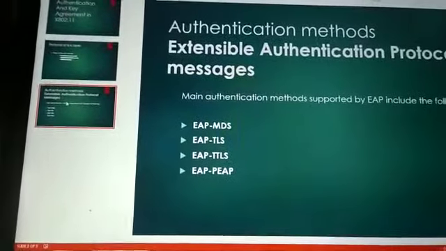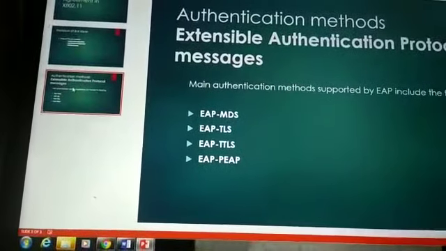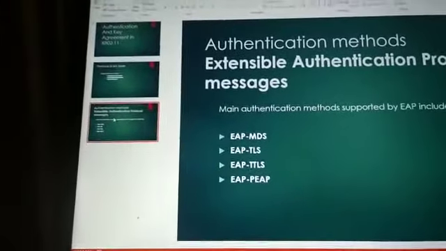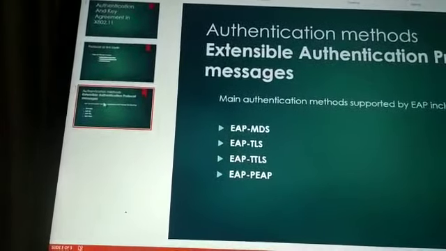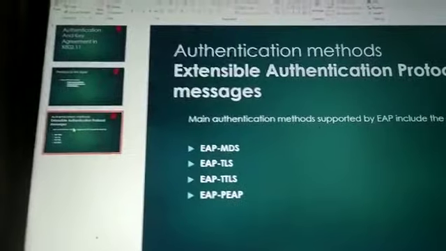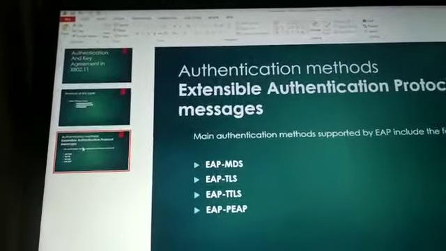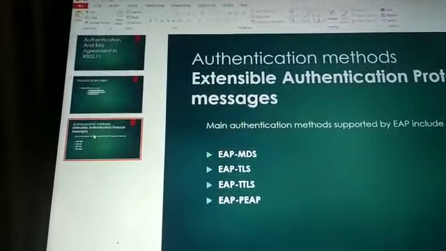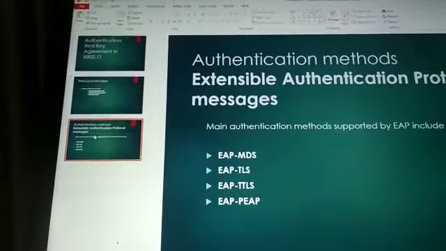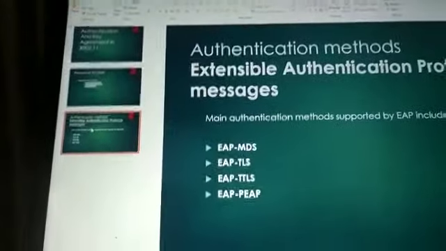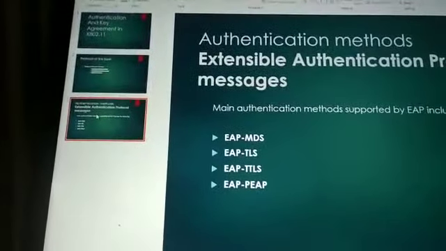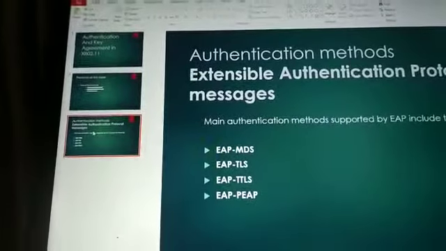So the station has to authenticate itself to the access point, and the access point has to authenticate itself to the station. For that, the basic requirement is that all the stations and the access points should have a digital certificate. Now, you may remember what a digital certificate is. From a digital certificate, I can extract the public key of a user. Okay, the private key will be with the user. Now using this public key, I can encrypt a message and send it to the user. The user can decrypt it using his private key. That is the general strategy.